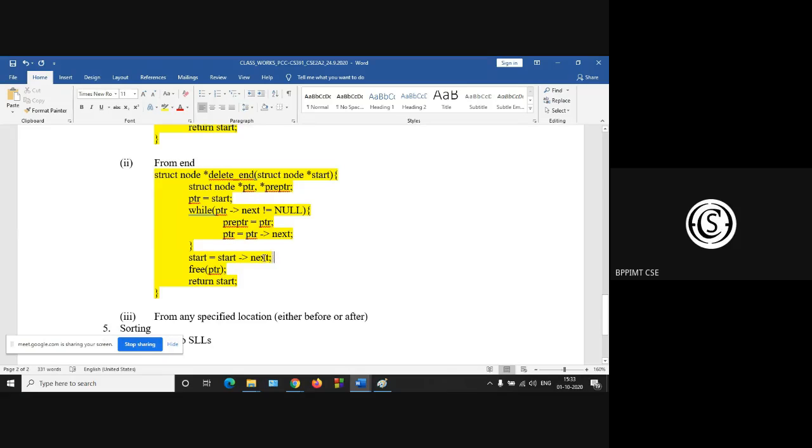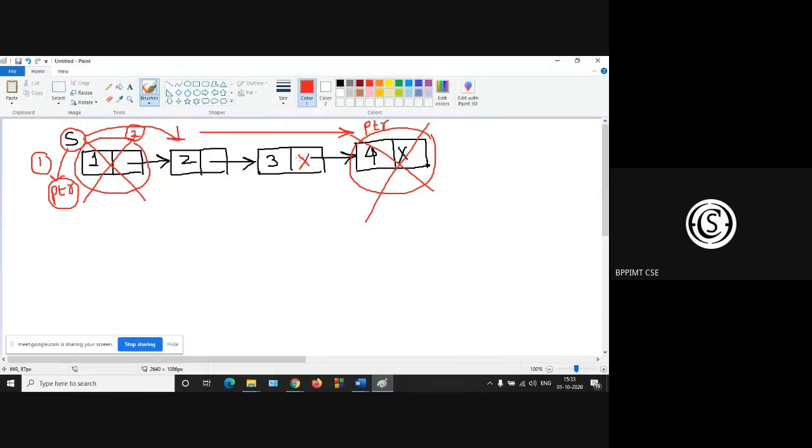Next, what will be the next line after completion of this while loop? So this is your pre ptr, right?